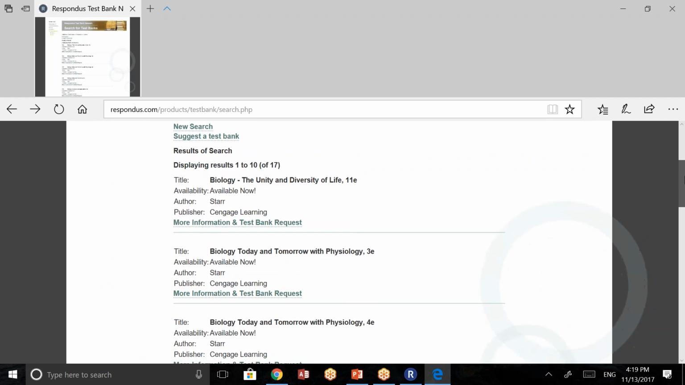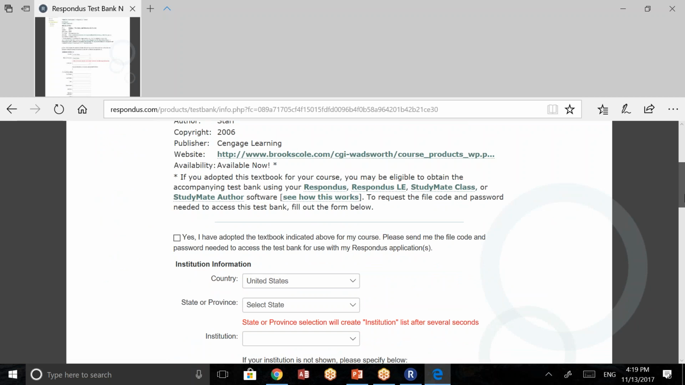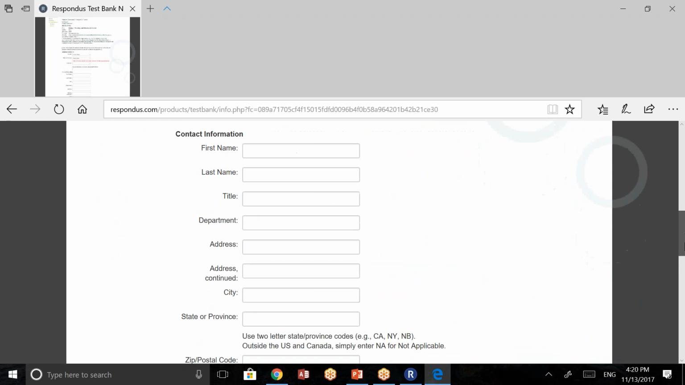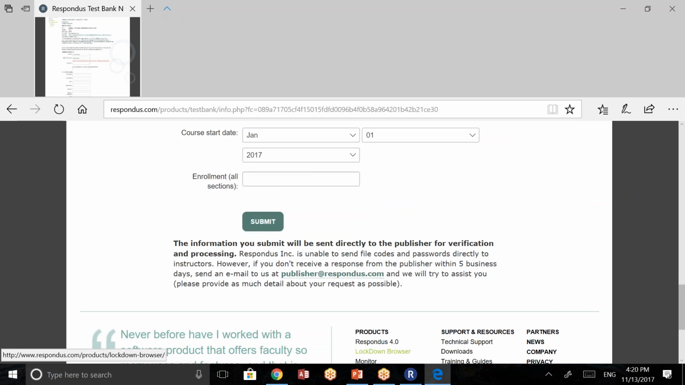And this is simply going to give me a list of all the textbooks that are available for me to request. So if I were to request a test bank at this point, I just simply click on More Information and Test Bank Request. And there is a form that I would have to fill out as a faculty member, and this is just so that the publisher can confirm that I'm in fact a registered account and that I do have access to the test bank. And this is how you really ensure that students can never get access to any of this information. But once this information has been completed, it's submitted to the publisher,